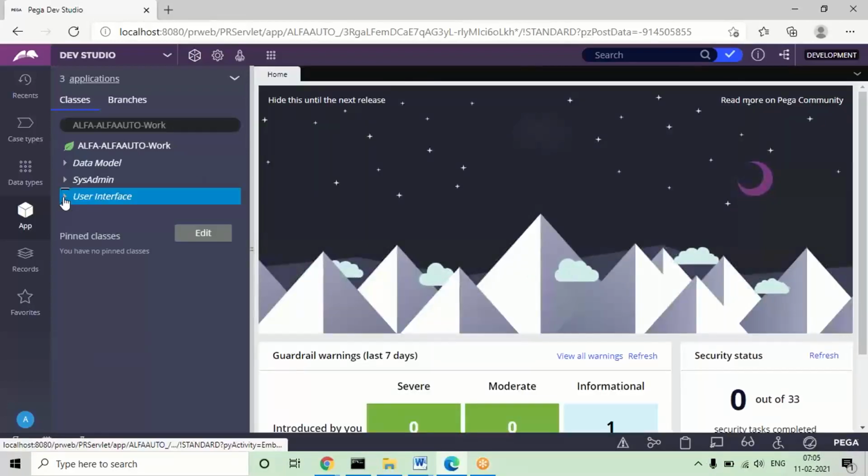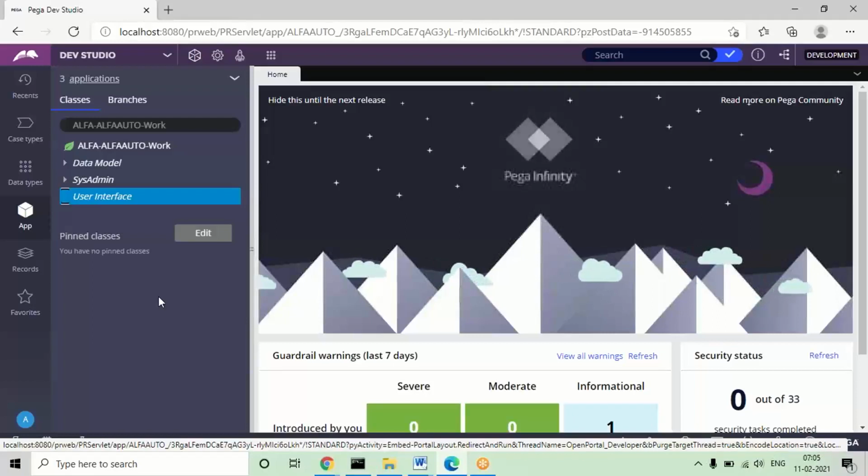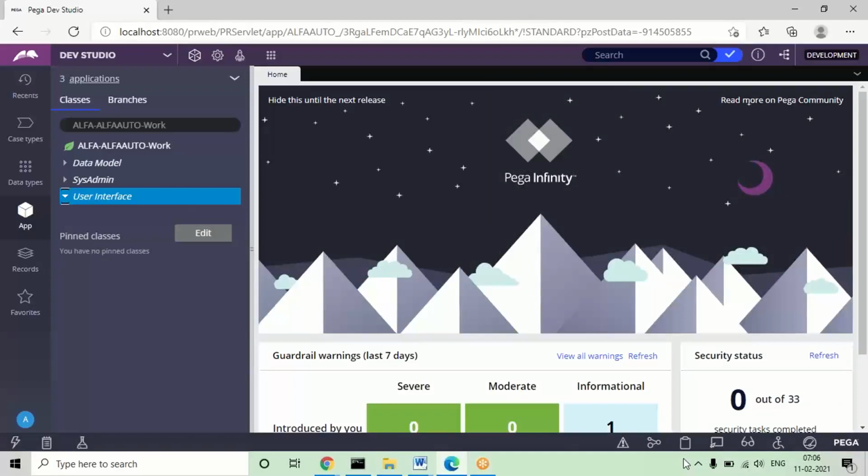If you expand this user interface category, okay, I think some updates are installed. I'm not getting it. Give me a second. I'll refresh once.